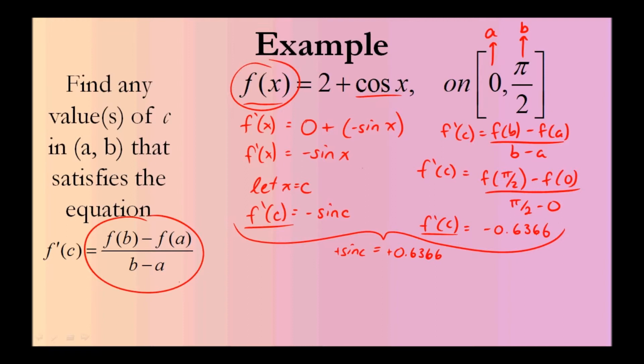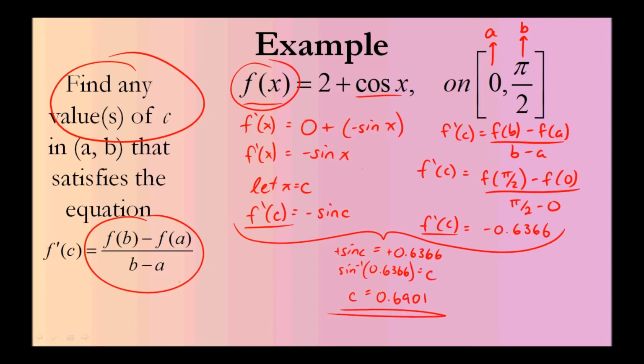To find c, which is the goal, to find any value or values of c, we take the inverse sine of 0.6366 to get c. This yields, putting it into our calculator, c is equal to